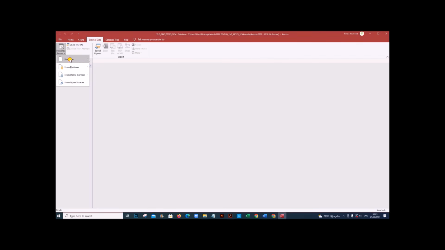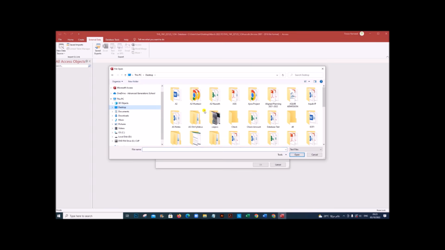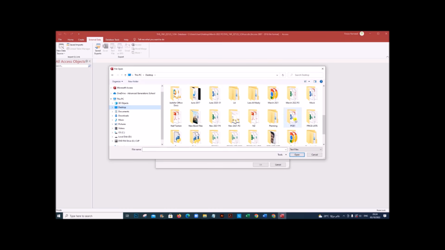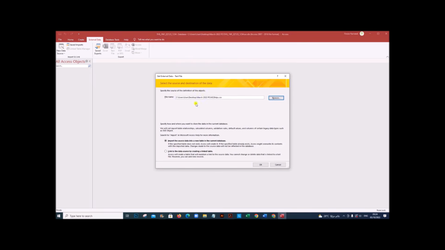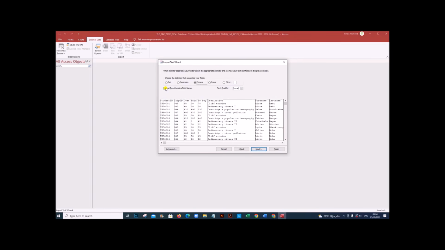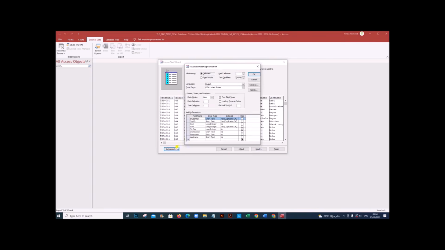External data, text file, M22 trips. First row contains field names. Click next. We should not import to pay column, so select this and give do not import. Set no primary key. Click on advanced